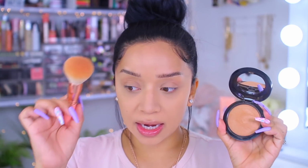I do like to add a little bit of bronzer just because I feel like the face looks a little sad, a little flat, a little matte. So I am going to go in with a bronzer. This has been my go-to bronzer. You don't have to use this, but I definitely love it. This is the MAC Give Me Sun, and I'm going to take this big Weekend Vibes Beach Cosmetics brush,